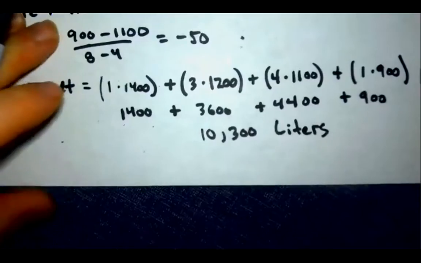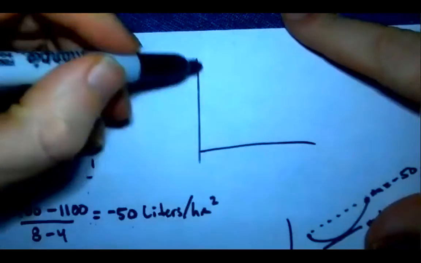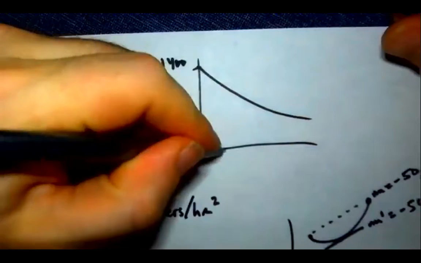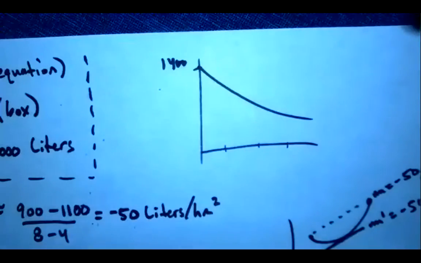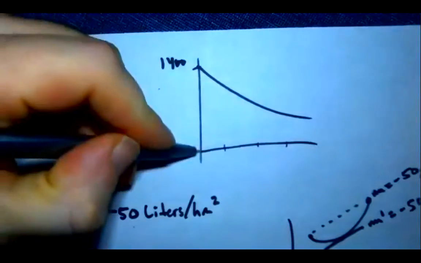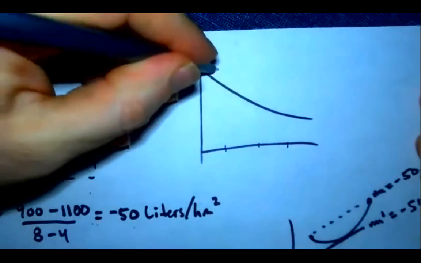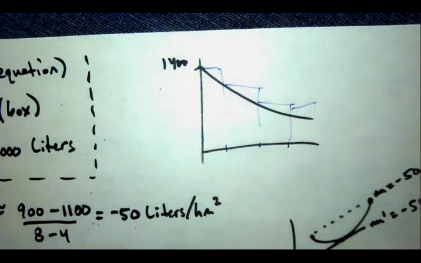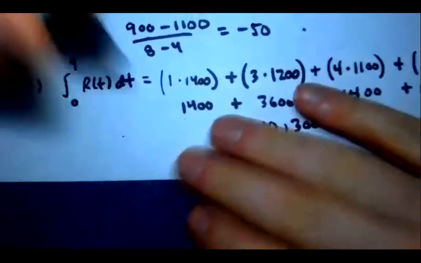Is it an over or an under estimate? It starts up high and it's going down low, right? If you make a sketch, it starts at 1400 and then it drops. So if you do a left Riemann sum with that, what's it going to be, guys? Over or under? Over. It's going to be an overestimate, right? So you can start to see that all of these would be over. So your answer is going to be, it's an over